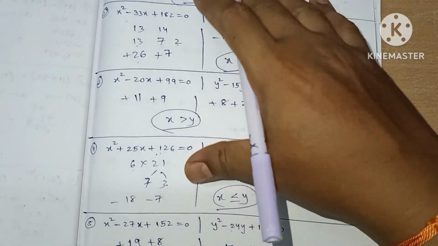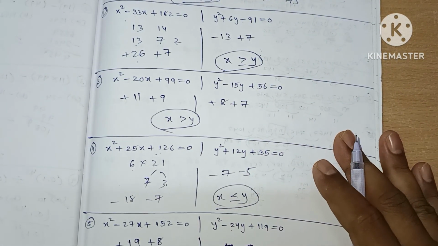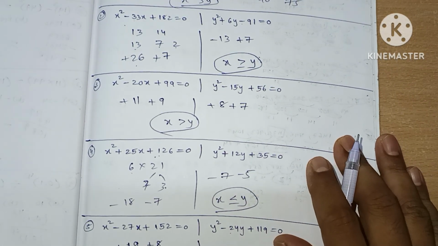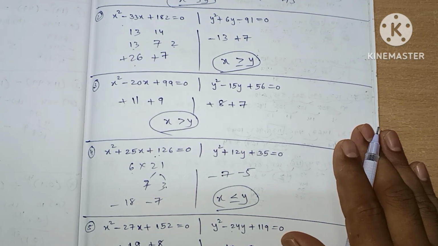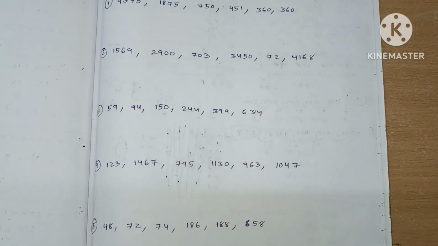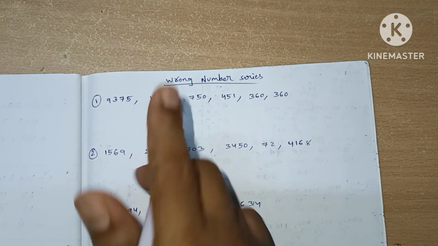For calculating faster in quadratic equations, we need to learn 1 to 20 tables, 20 into 20 tables. Now we are going to solve wrong number series questions. First question,